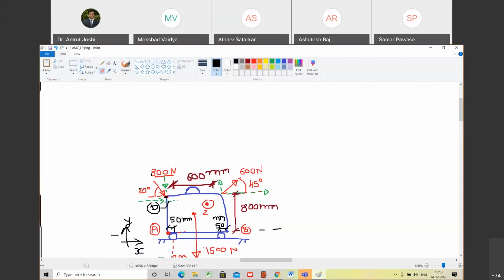And I want to now find out the point along line AD. So I am going to extend this line AD. Are you with me? And I assume that the resultant, if I place it here at this point,